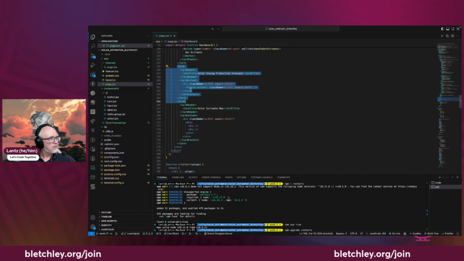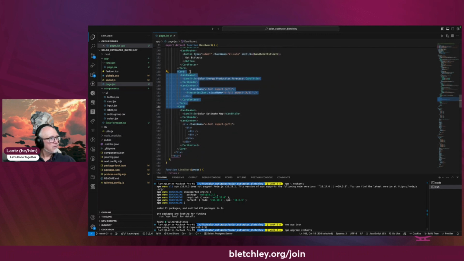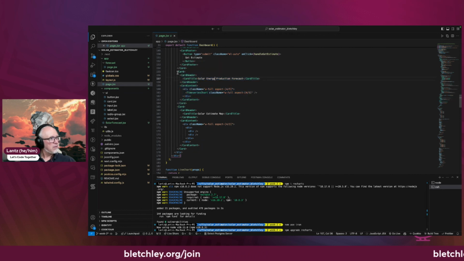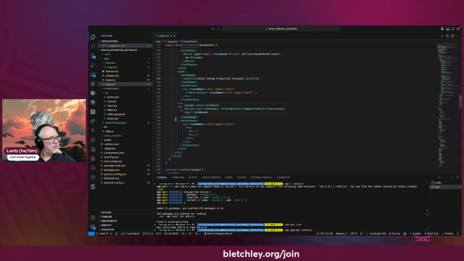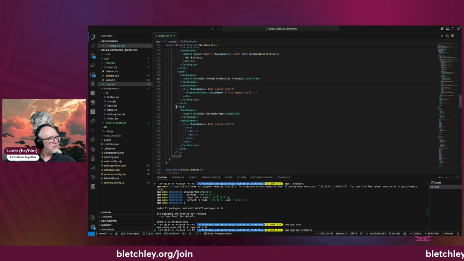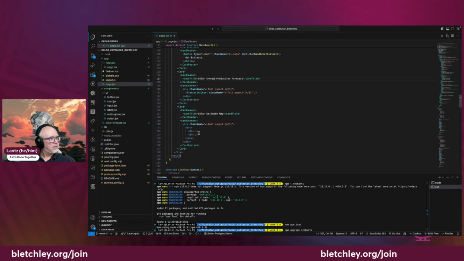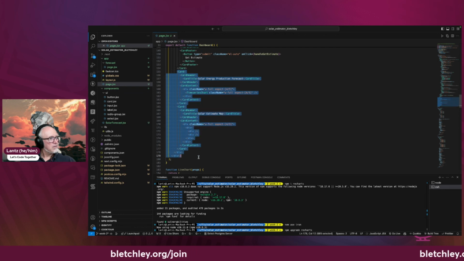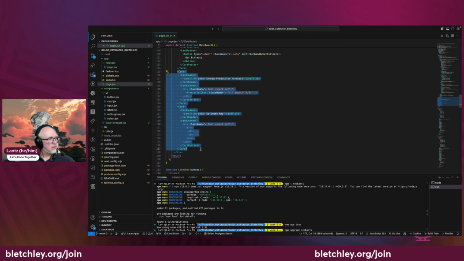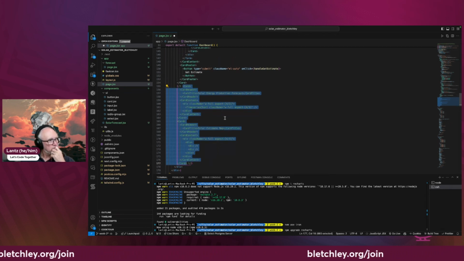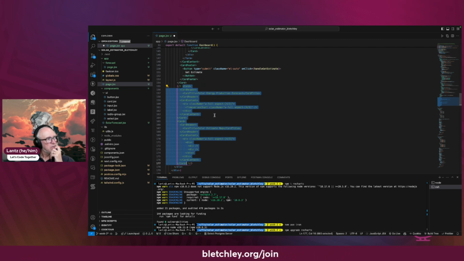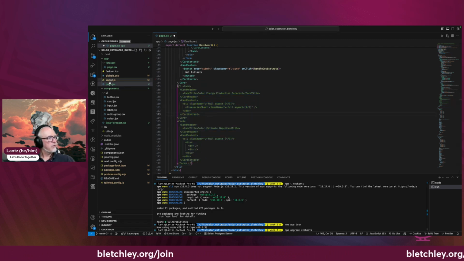This card, let's see, we've got a card starting here, card header, and then card content. Okay, card header, card content, and card. Yeah, let's simplify our UI a little bit. I think we are going to want these to be in different layouts. Like for instance, well, let's say we could just do,